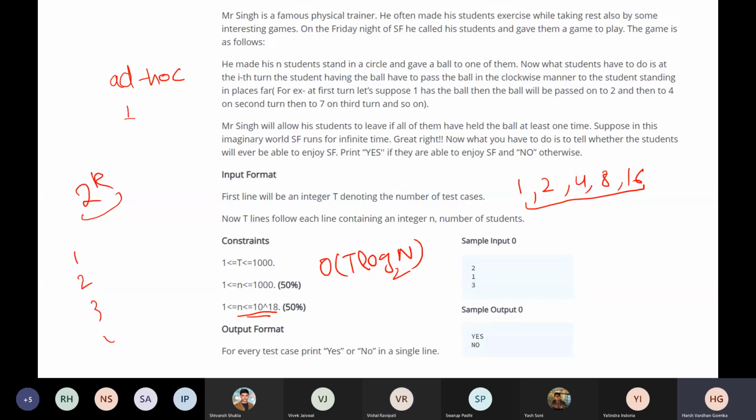There was one more question that was on bitwise XOR. I don't think many of you might know what bitwise XOR actually is and its properties. You don't only need to know bitwise XOR, you also need to know the properties of bitwise XOR. We will teach it to you in some later classes, and then I will discuss that problem with you. It is a very nice problem.